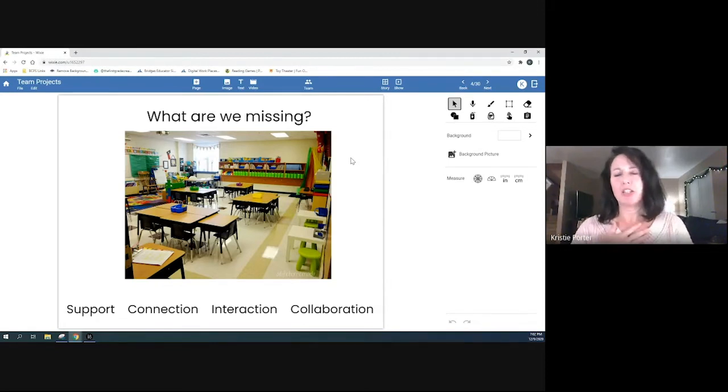What are we missing? And not just the hugs and seeing their faces, but as far as instruction, what are we missing? I feel like the part that I'm really missing when teaching virtually is being able to offer support when you're walking around the classroom and you stop by and look at their paper and direct them, like, oh, did you see this, or you missed this problem? Just the connection between the students, building that community of learners, their interactions, working together